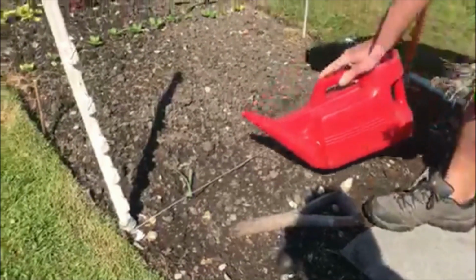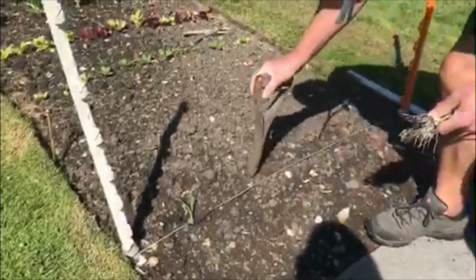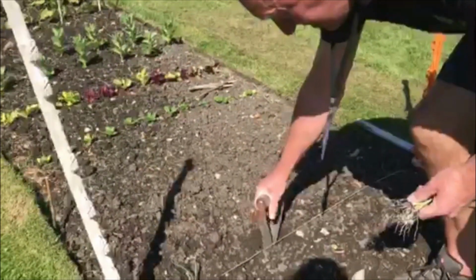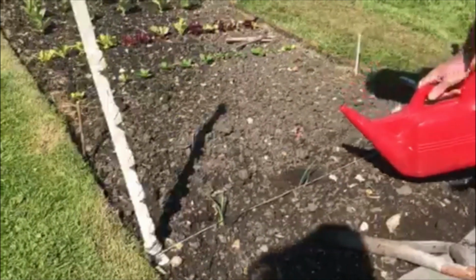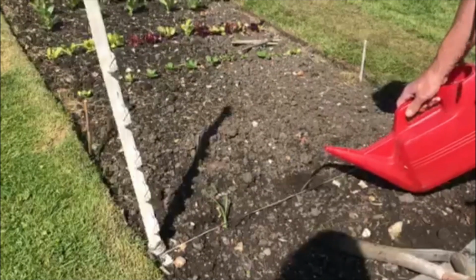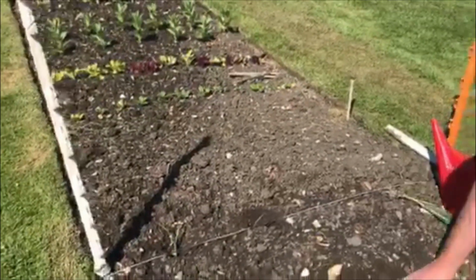And then I just water it in, like so, and then make another dibber hole. Pop the leek in again, and just settle the roots by pre-watering it. And then it'll just slowly backfill as the season goes on. So I'm just going to leave them for a minute and move on to the next job,